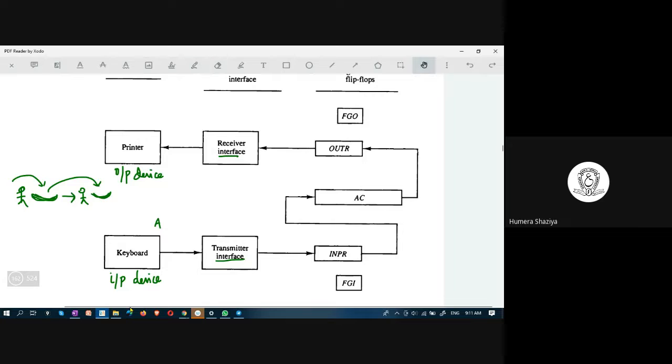And to indicate whether this tray is empty or filled up, we can use our eyes. But for machines, we have to have extra flags to indicate that information is there or not there, transferred or not transferred.